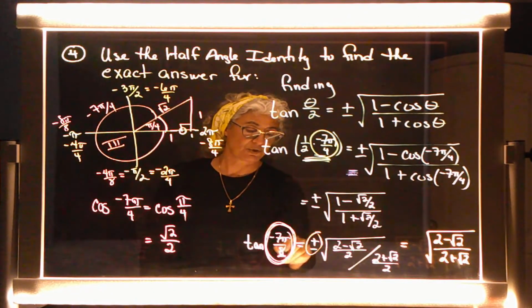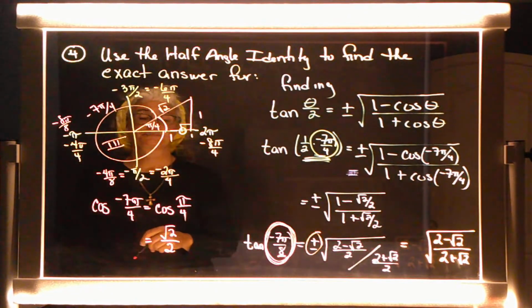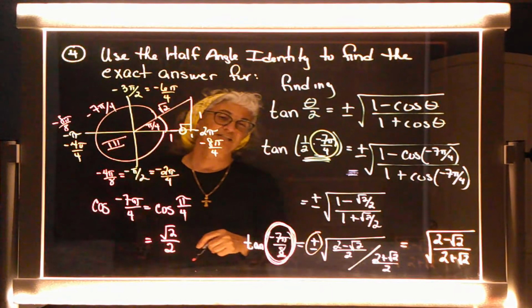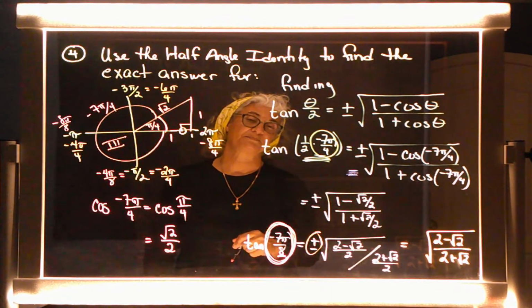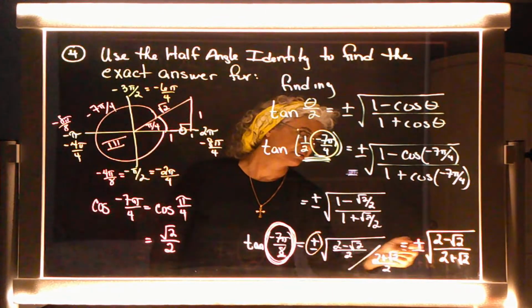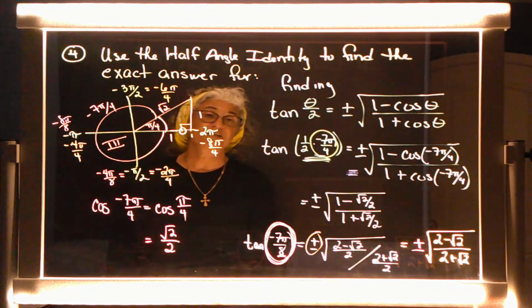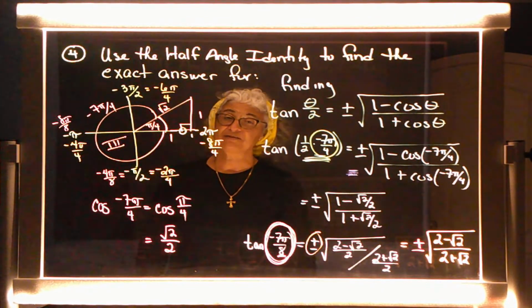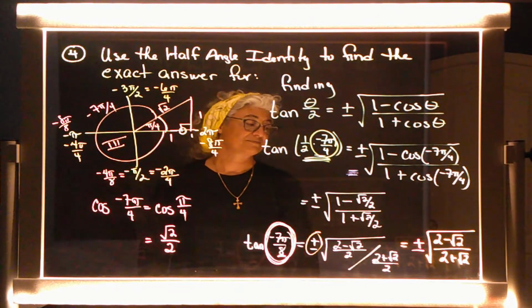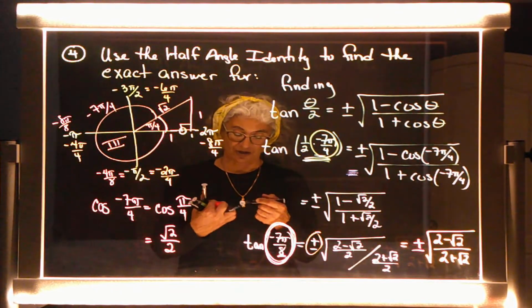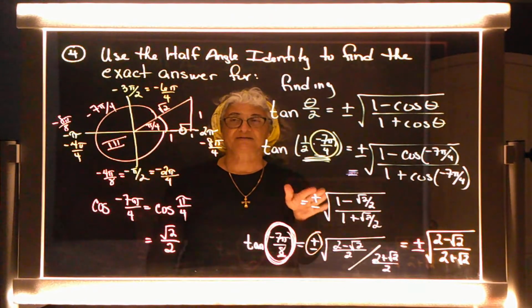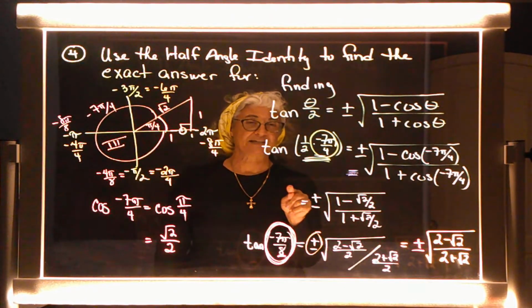And if this is quadrant 3, tangent is going to be positive. Because y over x, both y and x are negative, and the two negatives divided by each other will give me a positive. Cool? Okay, so on this one I suggest pausing and going back and replaying it just to make sure